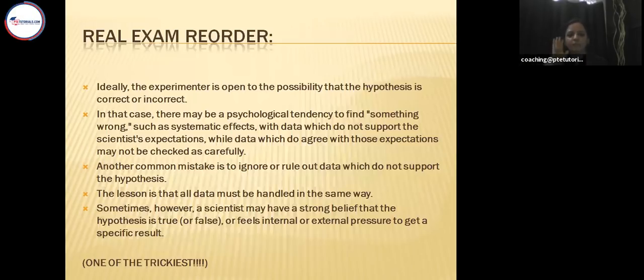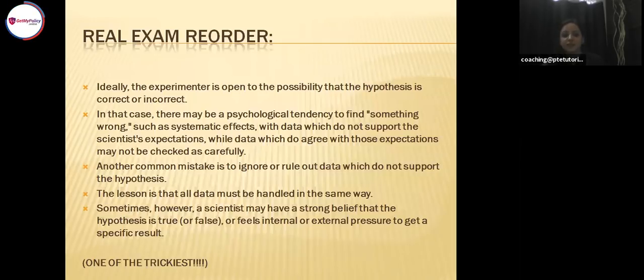We will say, ma'am, please go aside because I'm not feeling secured. I need my answer to be correct. So please be aside. I can say this thing. This happens. This is the psychological tendency. The author has written a very good word here. Psychological tendency is there that we will do something wrong when a check is there,